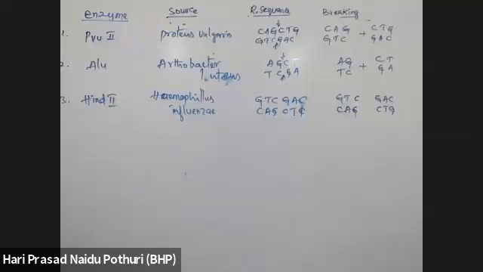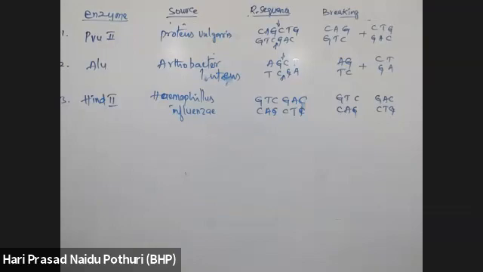GT, one pyrimidine, purine, AC. Pyrimidine, purine. GT, then pyrimidine, purine, AC. According to this,